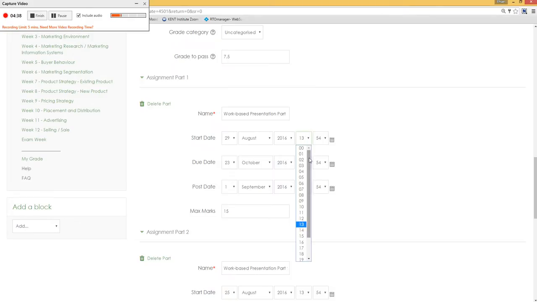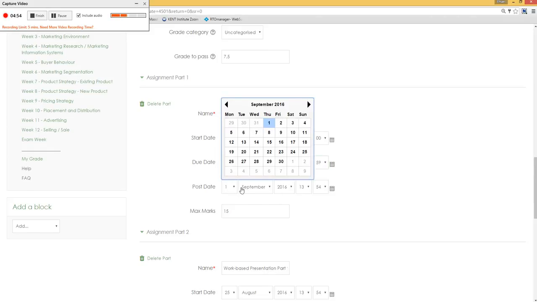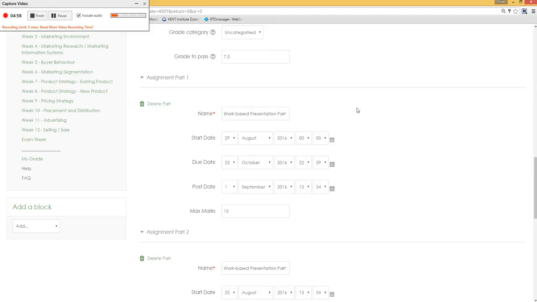You can set up the time, starting from very early in the day. Then you set it up as the end of this day, and then the post date should be after the due date. This is the date where the student can see their